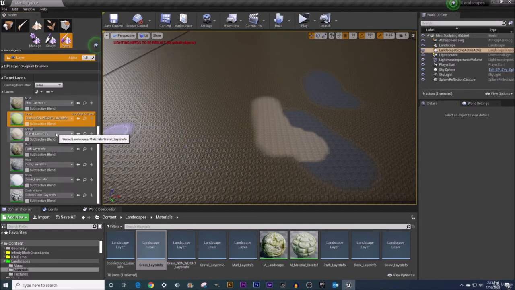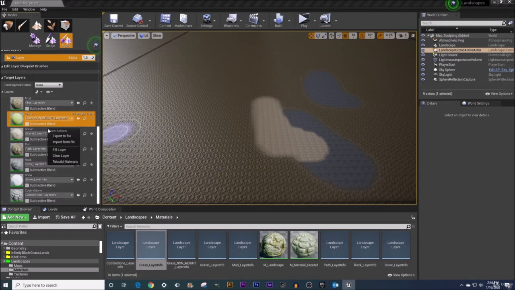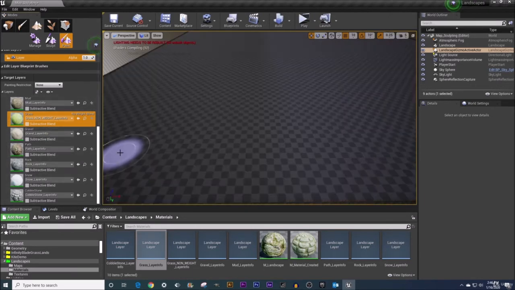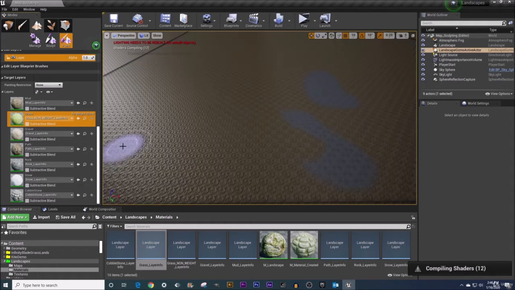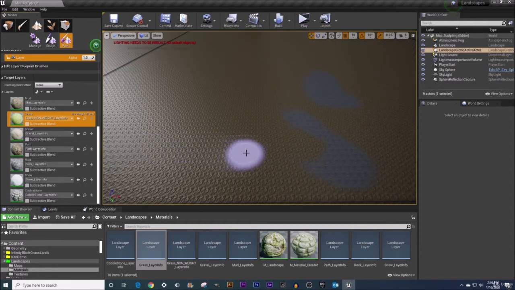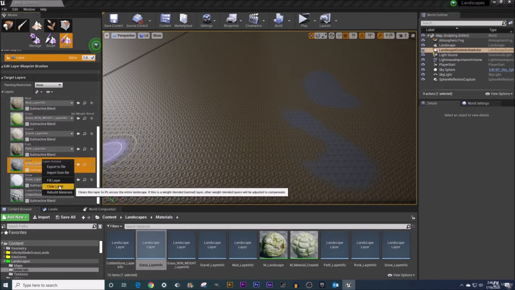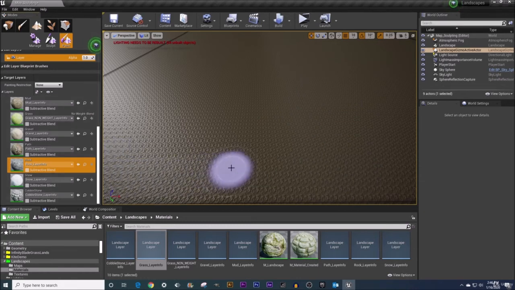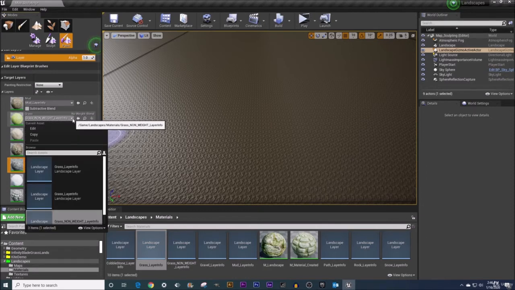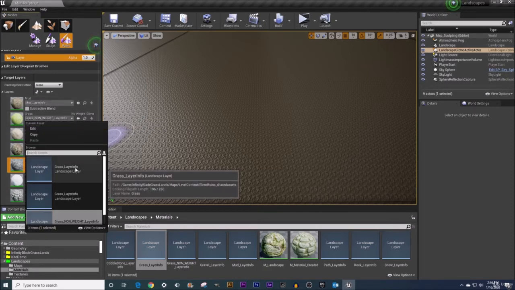So that is gone. Let's go gravel next, right click, clear that out. Things chugging along just fine. And that is gone, and now we've got a little bit of rock layer. I'm gonna right click on that and clear that out. That is gone. Now, I'm gonna change my grass layer here from non-weight blended back to my simple weight blended,